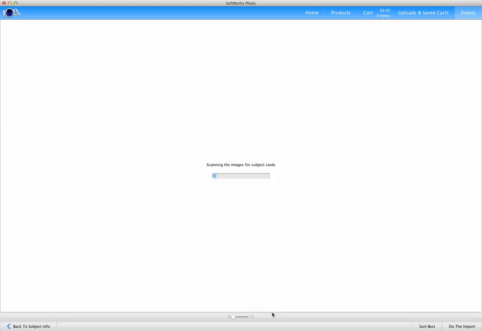And if we do find a subject card, we'll identify what record this belongs to. And then for any of the following images, they will also be placed into basically the bin for that subject until we find another image that has a subject card that's different. One of the interesting things about this approach is that if you run into a situation where you've forgotten maybe